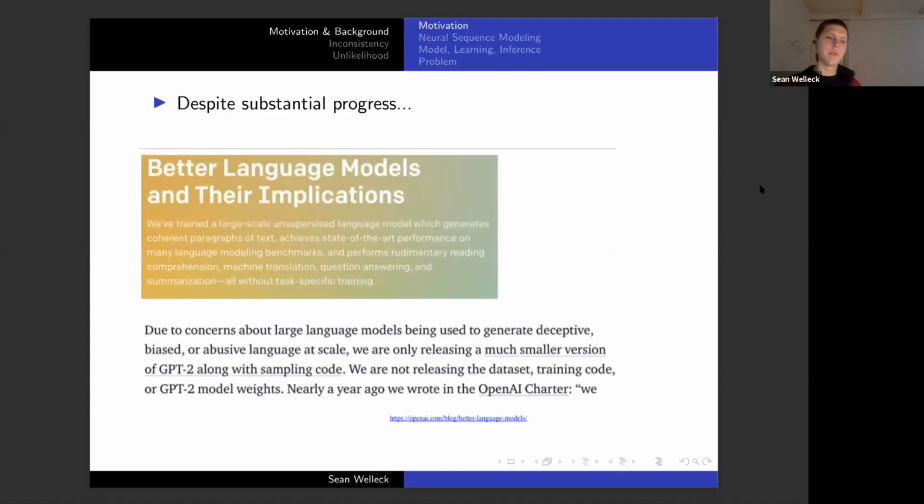And this has led to some interesting developments. If you remember this GPT-2 model that we use to sample these realistic looking sentences, it turns out that right when this was released, the research group who actually made this model were concerned that the model was so good at generating text that it could potentially be dangerous to release. And ultimately, they did release the model, but the performance of these models is even raising new